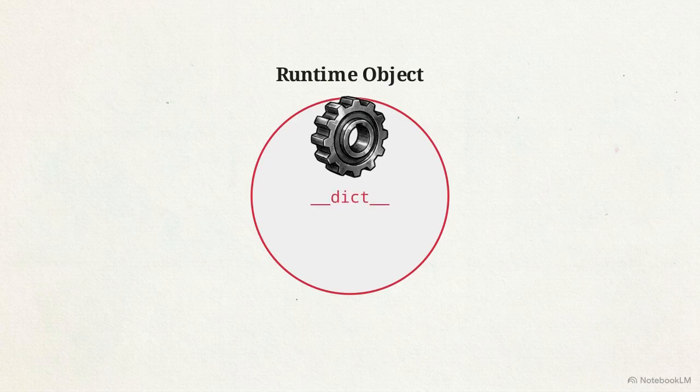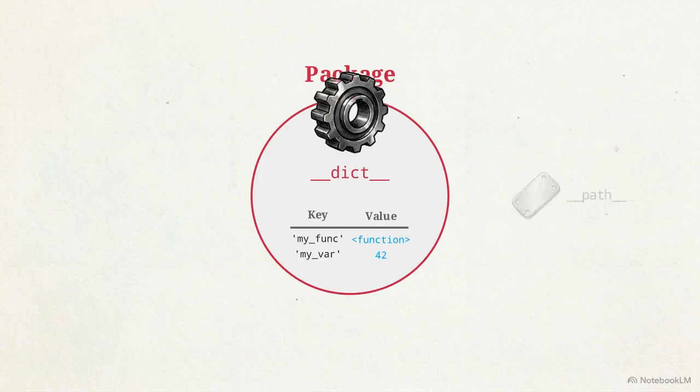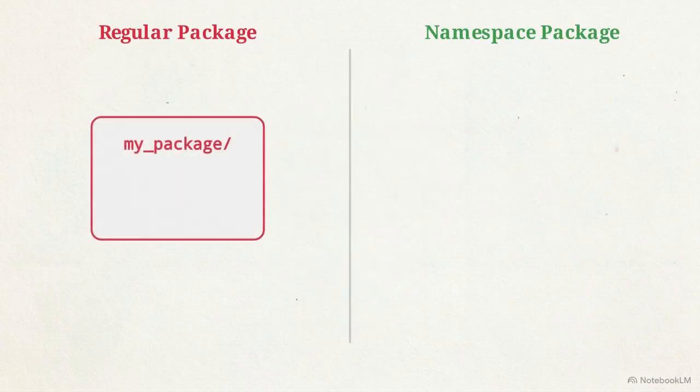But a module is not a static text file. Once discovered, the interpreter converts that file into an initialized runtime object, backed by a namespace dictionary called __dict__. Every function and variable from the script becomes a key value pair inside this namespace. To organize these dictionaries, Python uses packages. A package is a special kind of module that contains a __path__ attribute, which tracks the hierarchy of these nested